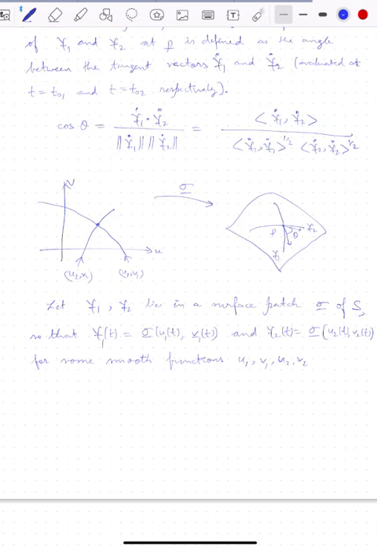Now, since we have the first fundamental form, say E du squared plus 2F du dv plus G dv squared is the first fundamental form